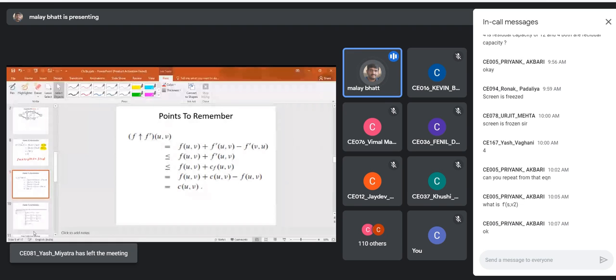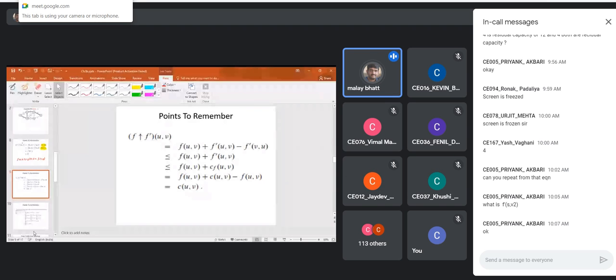So here we are writing f of u comma v plus residual capacity u comma v, because flow value always depends on the capacity. Residual capacity u comma v. It is the flow value. So it is obtained from the residual capacity. Clear? Are you getting this? So f of u comma v plus f dash of u comma v. We are removing the last term. So definitely right hand side will be greater. Right? We are removing that minus sign term.